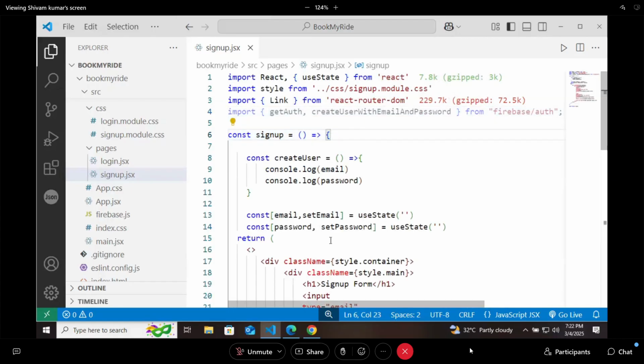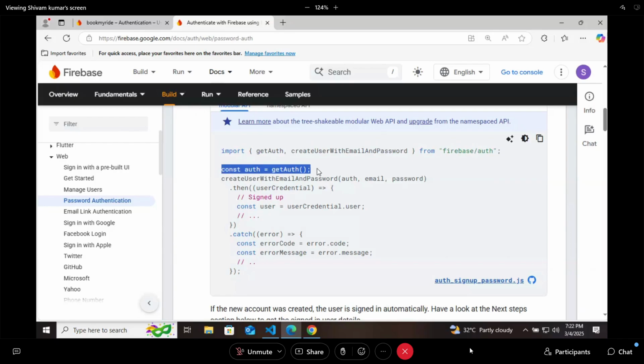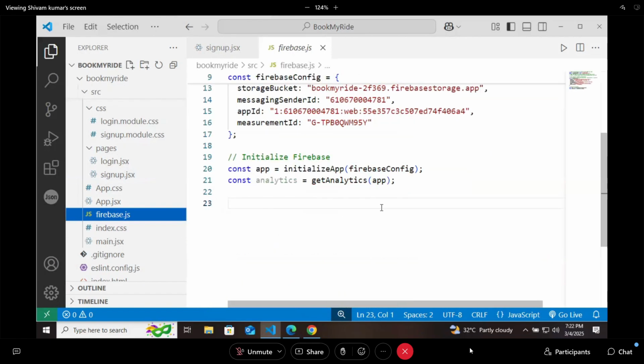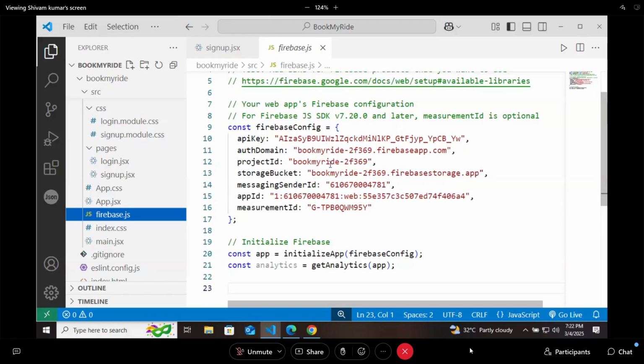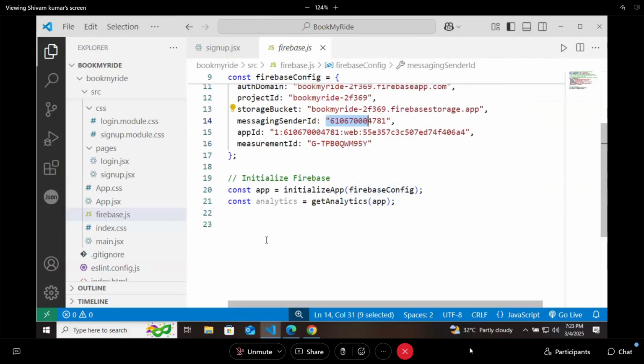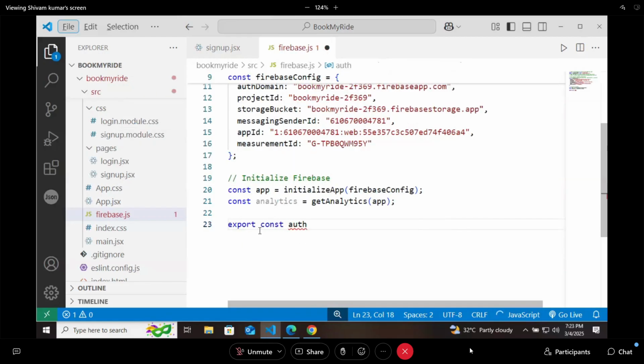After that, you will be seeing that there is a const auth equals to get auth. That is why I was pasting those two lines in my Firebase JS. This is my file which is having the API key, authentication domain, project ID, storage bucket, messaging ID, a lot of things it is going to have, which Firebase will use because whenever you are making an API call, API key is checked, right? So this firebase.js file is having all of those things, but I am not exporting anything from this file. This file should export a constant value of auth, which is going to be equal to